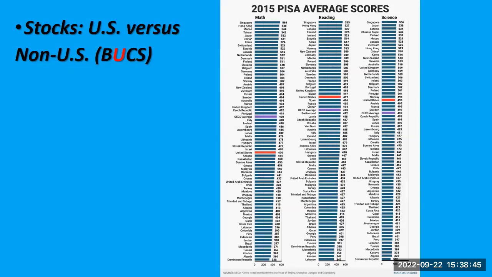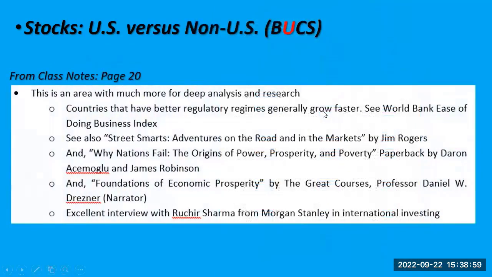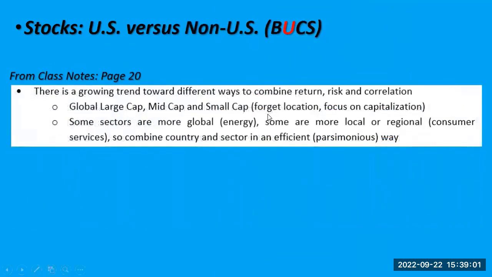What's that model? Those books written about this. What's going to happen in the United States? I don't think there's anything going on right now that's radically going to change the United States, but we certainly need that. So I think this is pretty critical. The ease of doing business, the educational system, those are all important. You could throw all of that out, developed, emerging, frontier, and you could just say, you know what, let's find a better way to combine this. So instead of thinking US and developed and emerging, let's just think global.